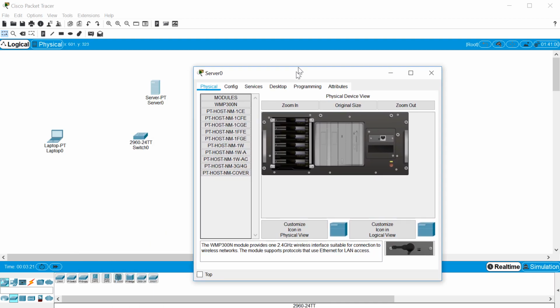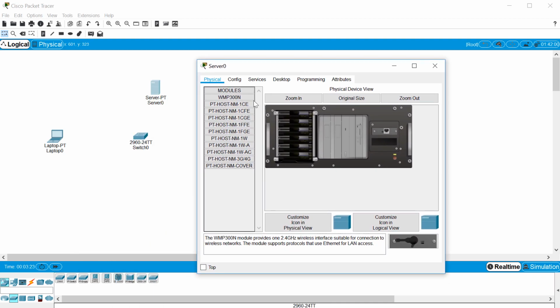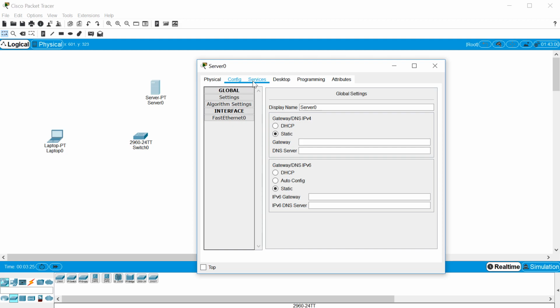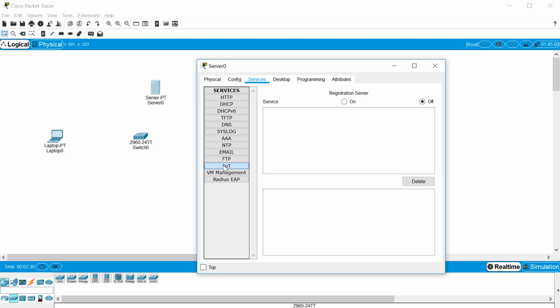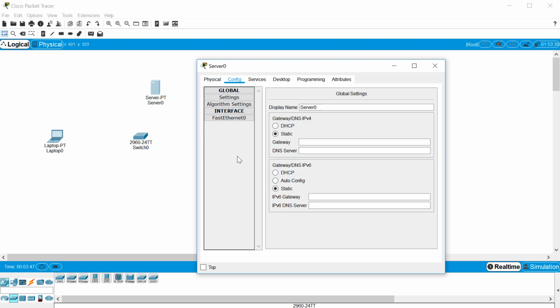We click on the server, and you can see the server dialog open up. You go to config, and then you go to service. So we go under service. First thing we do is that we turn the IoT registration server on so that it becomes active in terms of providing the IoT registration server service to our IoT component. So that has to be done first. Then we have to go and configure the